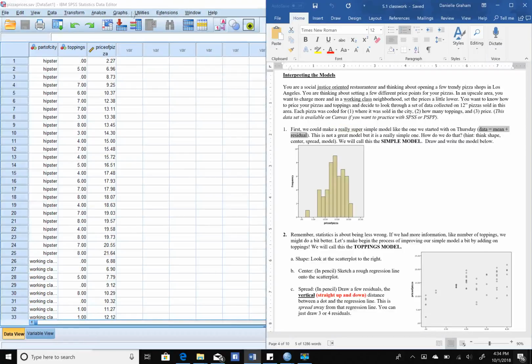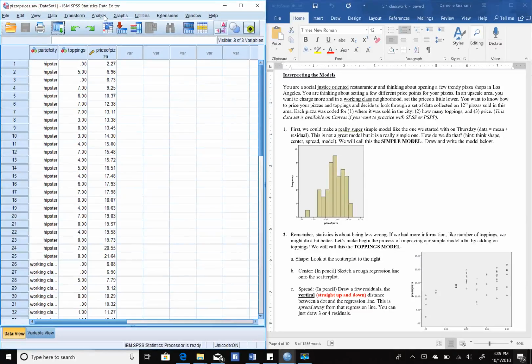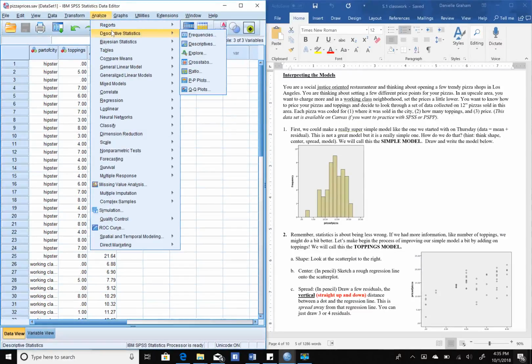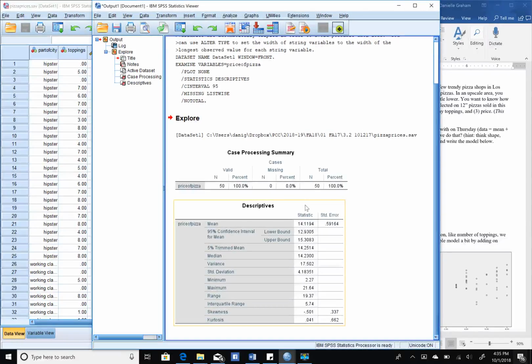Okay. So if we want to find the mean, here's my pizza data set. Let me just move it over here. I'm going to go analyze, descriptives, and explore. I am interested in the price of pizza, so that's my dependent variable. I only want to see statistics and click OK. And here we go. So we can easily see the mean is the very top number,